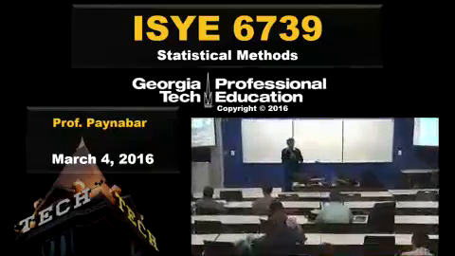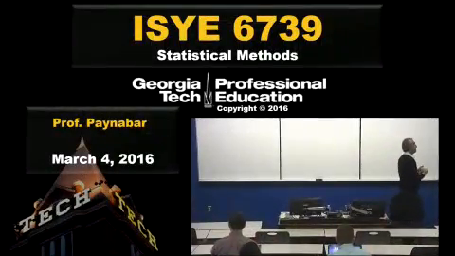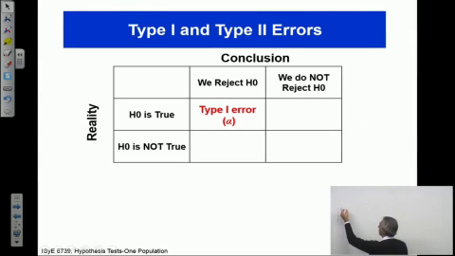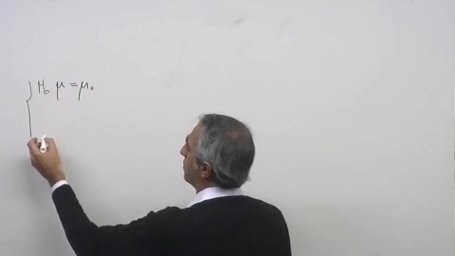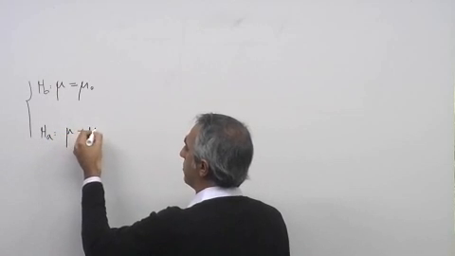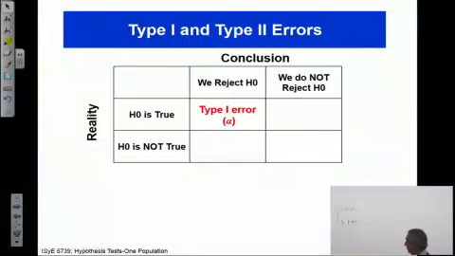Good afternoon, everybody. So, type 1 and type 2 errors, and how to calculate probability associated with type 1 and type 2 errors. If you remember, for type 1 error, we said if H null is true, but we reject H null mistakenly, so basically mu is equal to mu 0, and H alternative is mu is not mu 0. Okay? And if this is true,